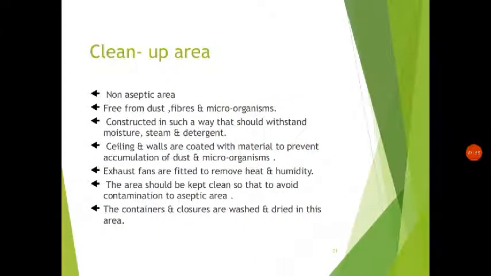So what happens in the clean-up area is that you have these substances in storage. It should be free from dust, fibers, and microorganisms, and a special construction is done in such a way that it does not allow moisture, steam, and detergents to come in.